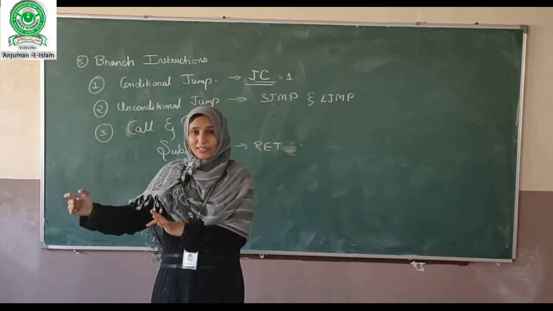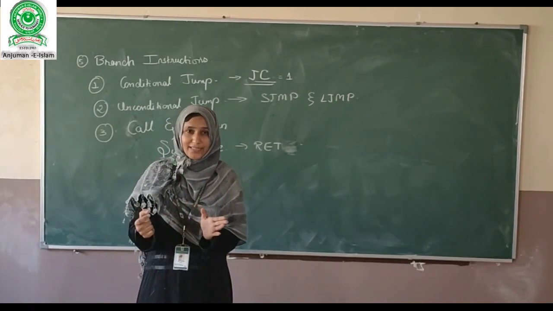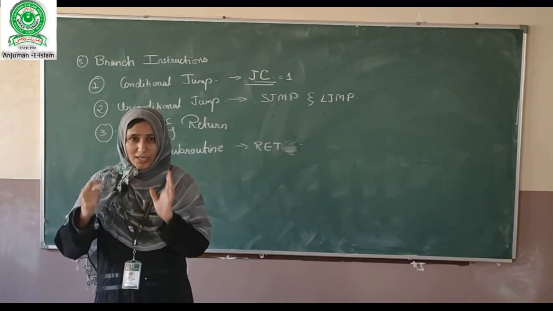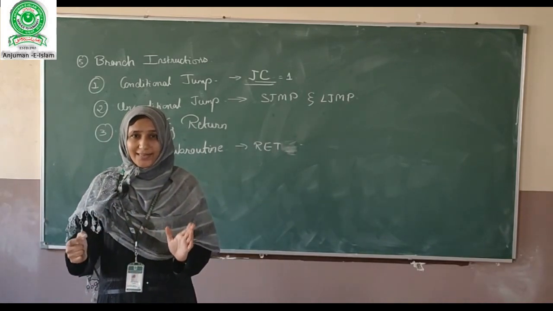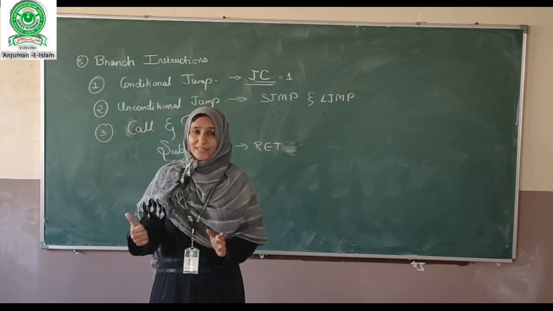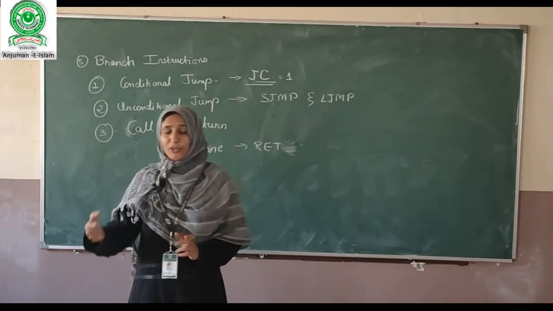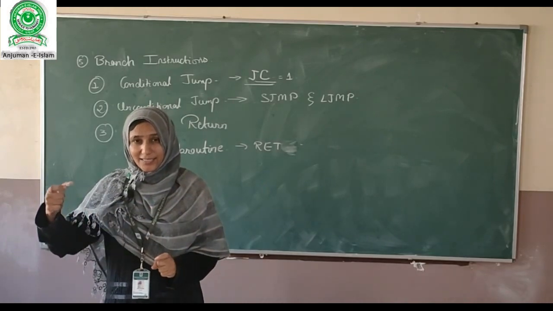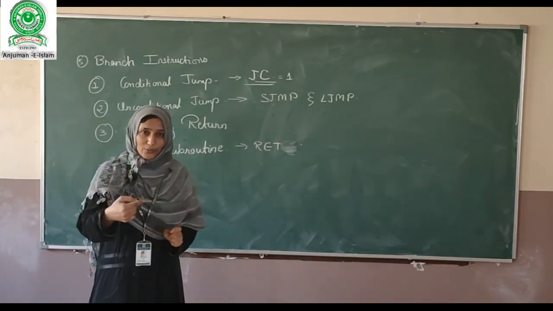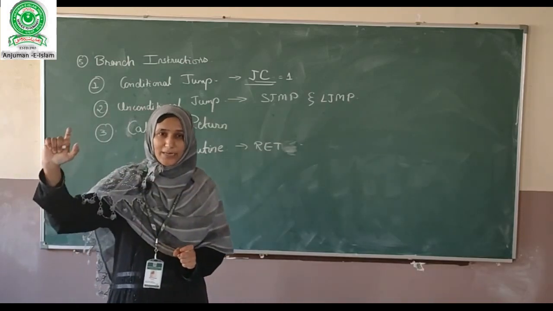Then, what is the source and what is the destination? You need to specify that. The source and the destination both can be either registers or memory. Is this much clear? After that, just go for one simple example, which you have understood and which you can write very easily in the examination answer. After that, come back to the next one. Finish it up. This data transfer part will be over.